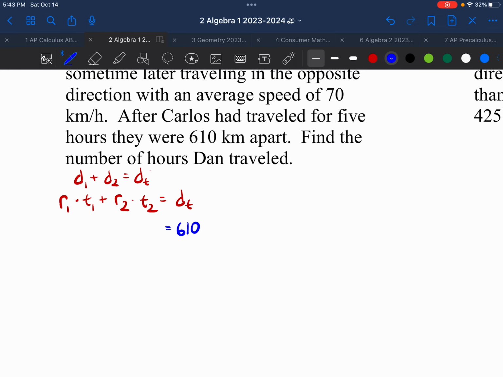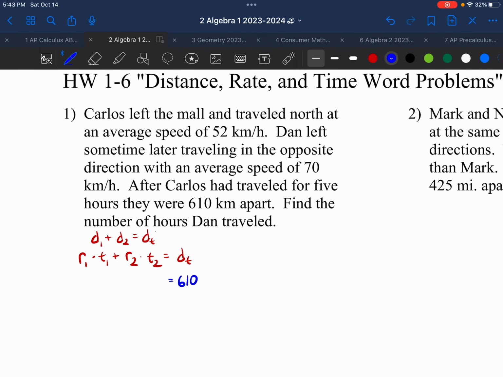What else do we know? Let's go ahead and assume that Carlos is going to be the person that we're talking about for number 1, and we're going to assume Dan is going to be number 2 in terms of our variables down here. So those are 1s, those are 2s, 2s are for Dan. So Carlos's speed is 52, so this 52 is going to be the rate or the speed for Carlos. I want to do this in blue. This is going to be 52 times, we don't have his time yet, but let's go ahead and do plus,